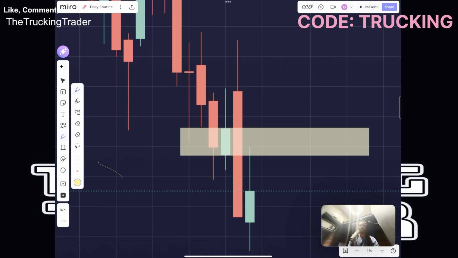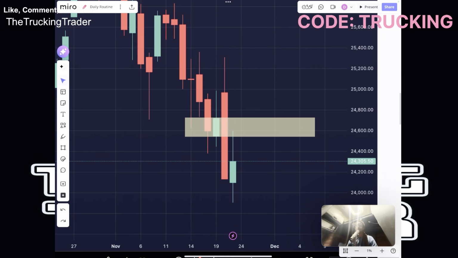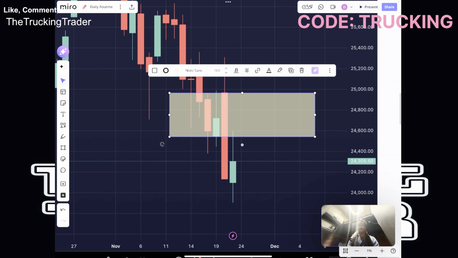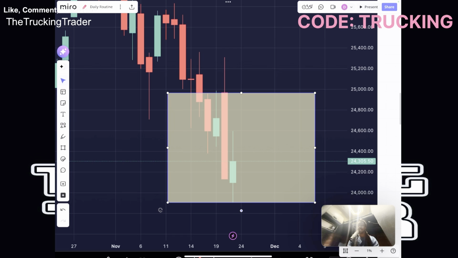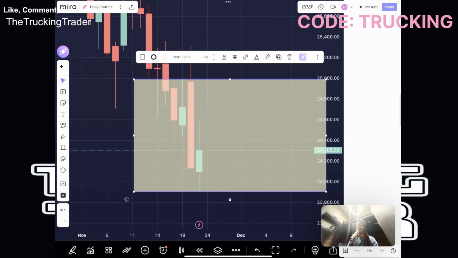You guys have to remember, it just dropped 1,000 points, right? So typically after a really big drop, we're going to see some consolidation, right? So I wouldn't be surprised on the daily time frame if we hang around this range right here. I'm going to move this box. But let's just say the price may just want to hang around this range for a whole week or two,